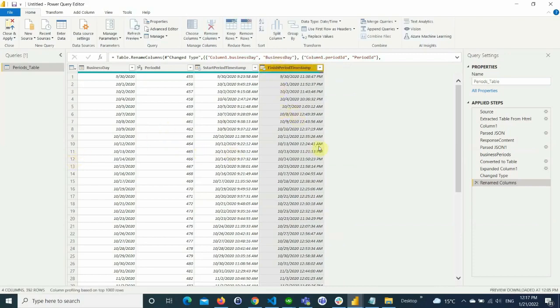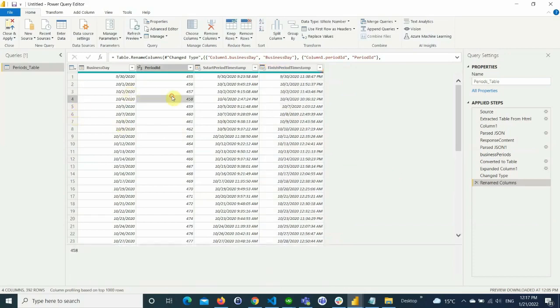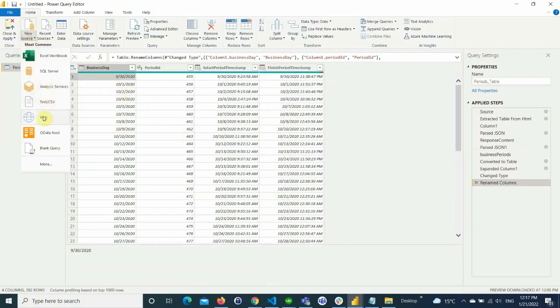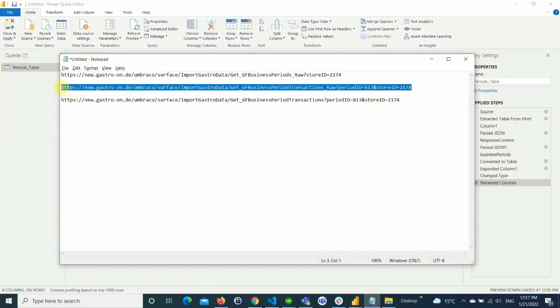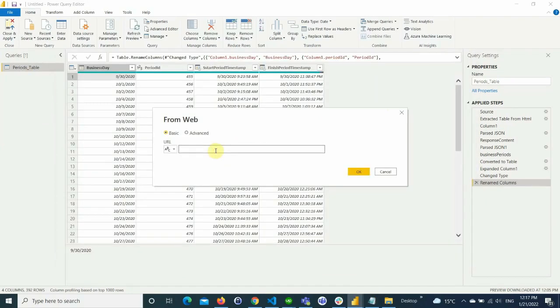Okay, right, so now our table is ready. What I will do is fetch the data from another API. So again I will go new source where I will pick up the other API. This will give us the article information for every period. Right now we are pulling it for 4813. We can change it to any period we want, just as per the period ID. So let's fetch it for 813 for now,